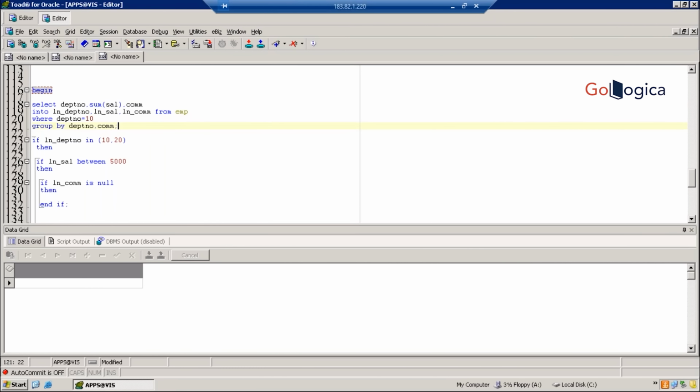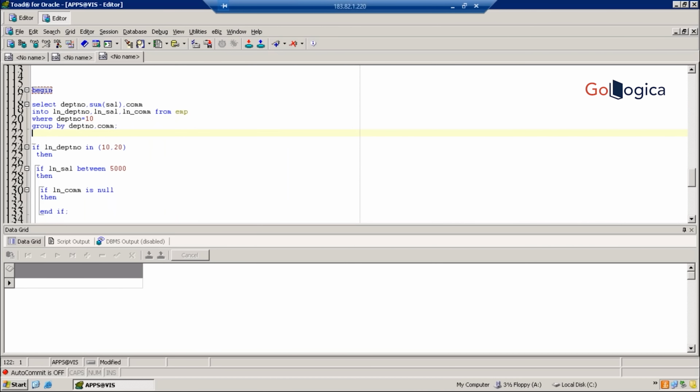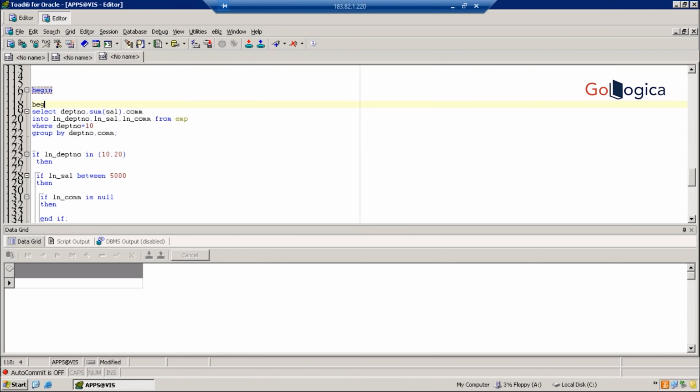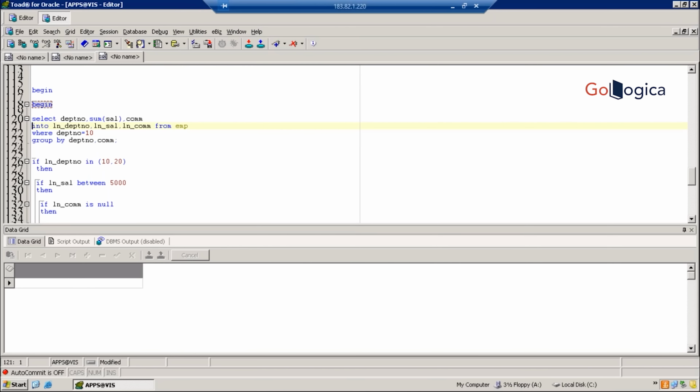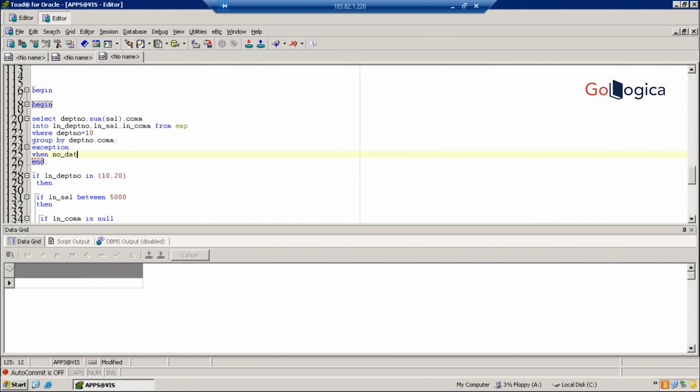So now what I told you: if you write a begin, and if you write a select, you should be within the begin and end. Is there anything hard in this coding? It's very simple, right? It's very simple. So you can do it like this. When no data found, then